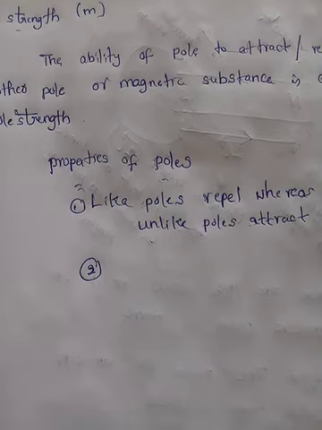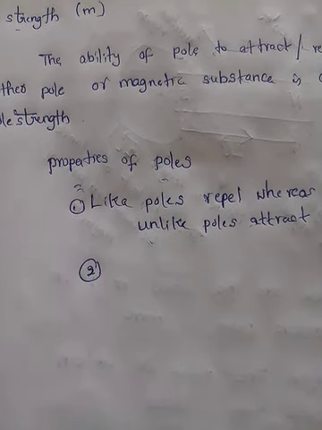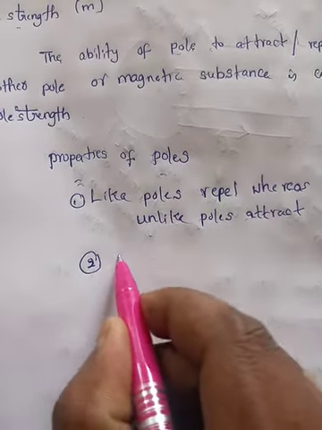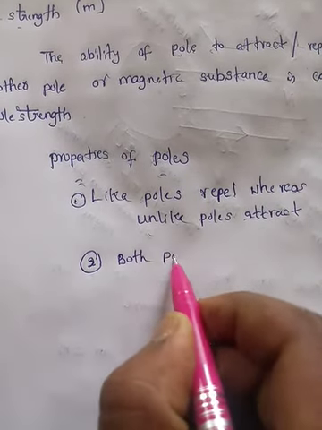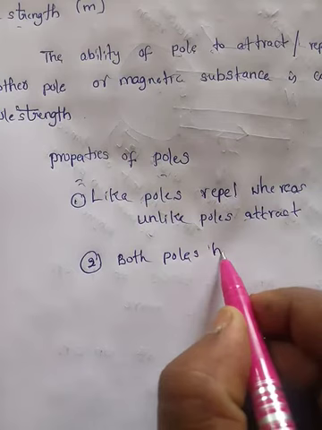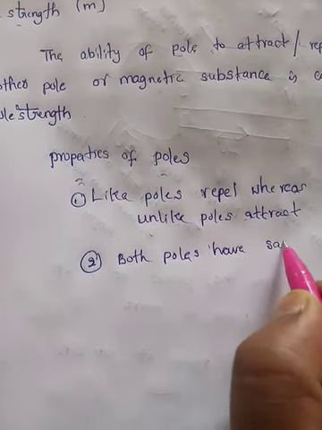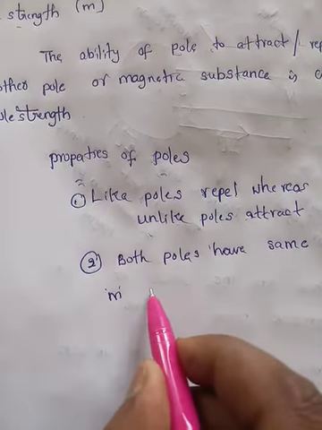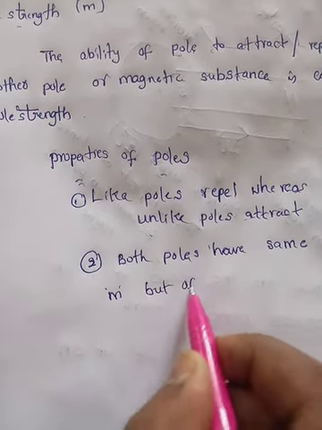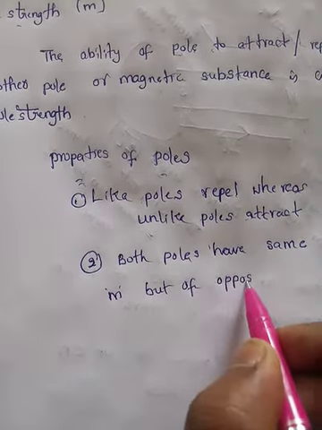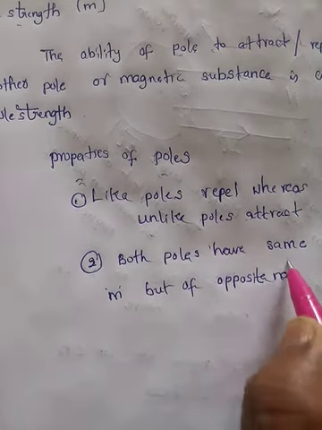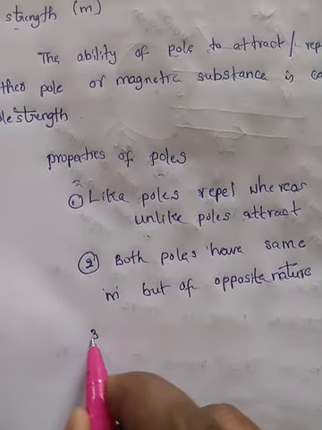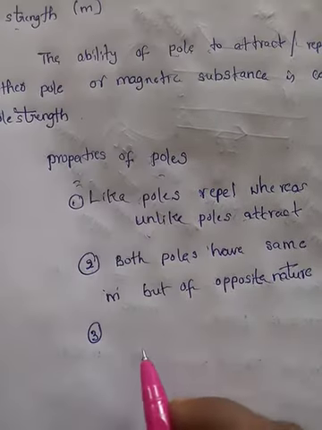Means north pole or south pole both have the same pole strength but are having what? Opposite nature. Both poles have same pole strength but of opposite nature. The very important property of these properties of poles is